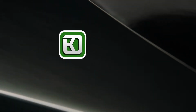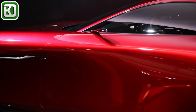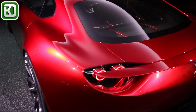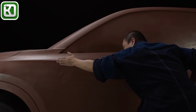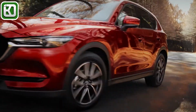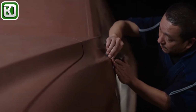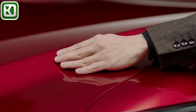shape beautiful forms which embody their own spirit and follow a philosophy that we call KHODRO, soul of motion. KHODRO breathes life into our cars through design, creating dynamic and elegant forms that reflect and interact with the world around you. It is one thing to produce a singular piece of art, quite another to reproduce it again and